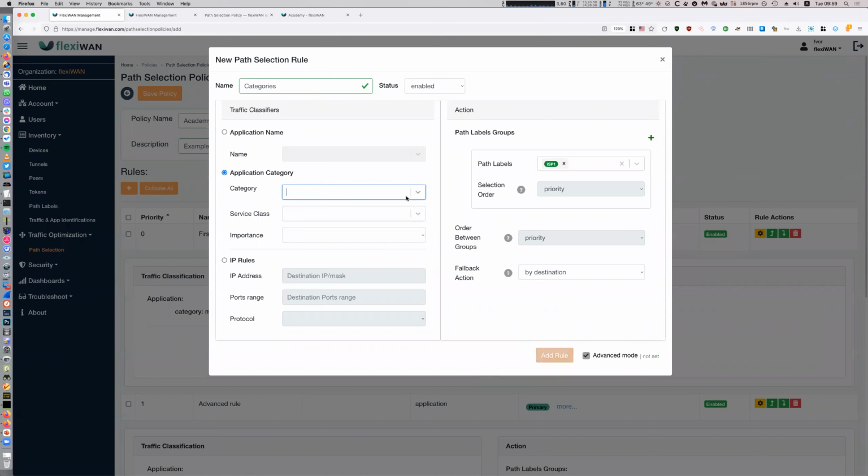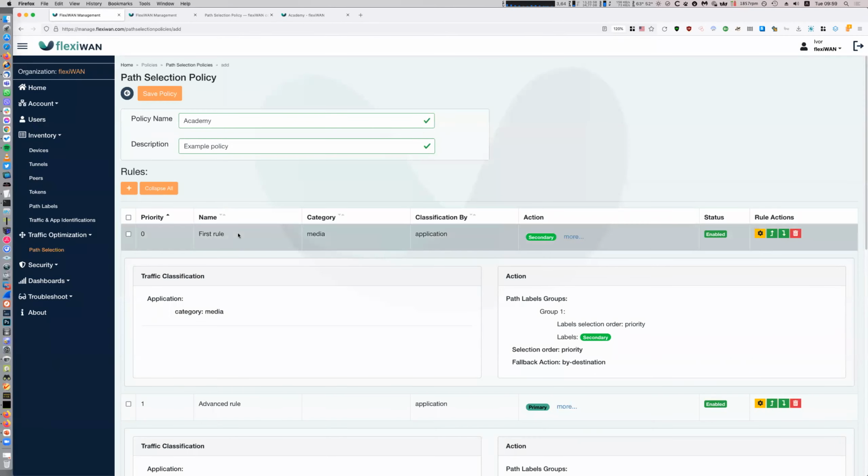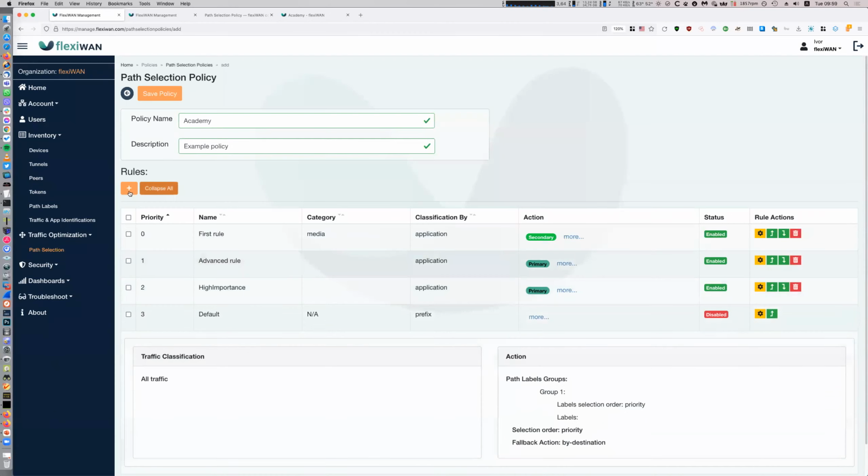but in most cases, what's really suggested is you can do just this. High importance: I want all the high importance traffic to go across the primary link, and then you can click add. So let's rename this. Add it, and let's also add another rule,